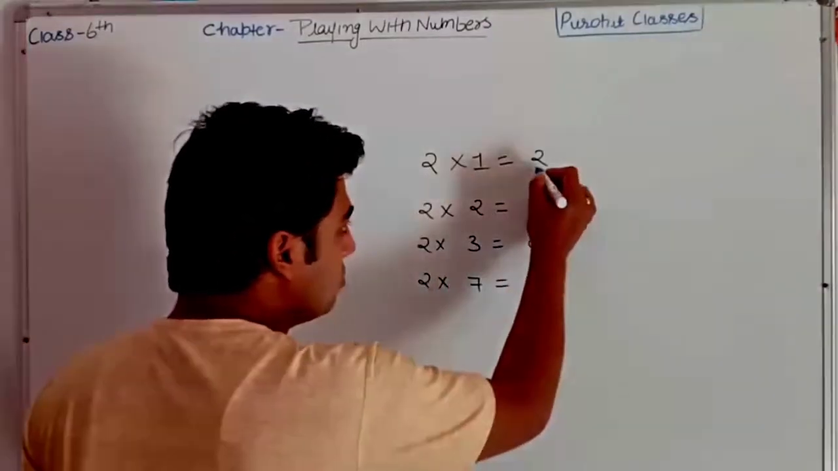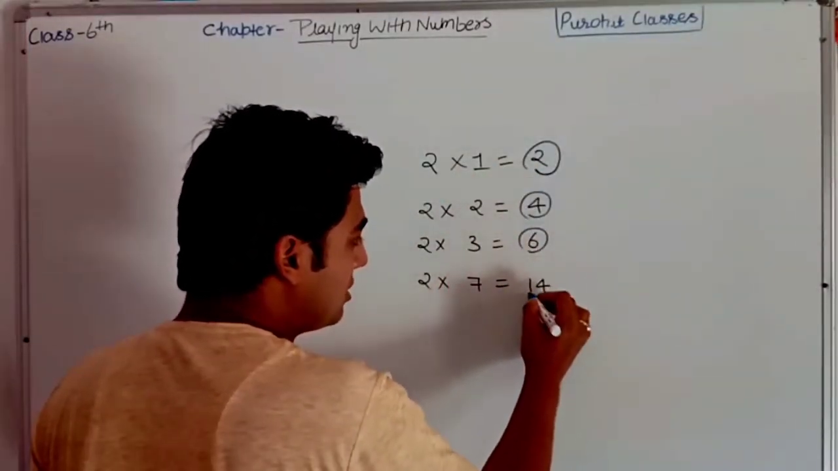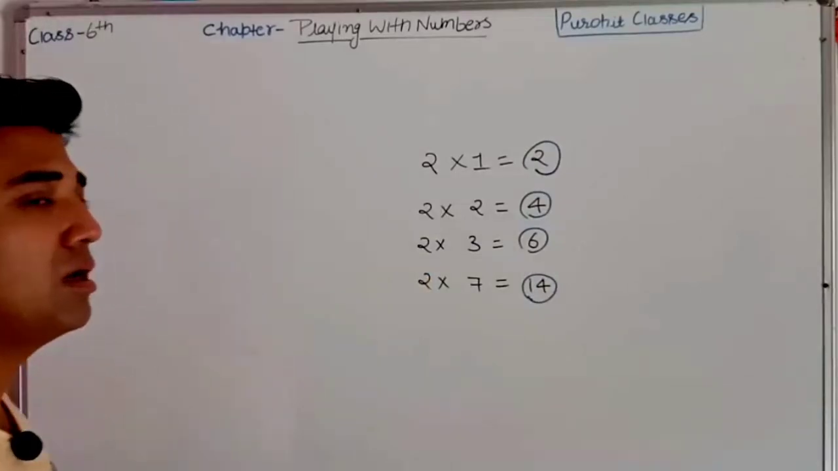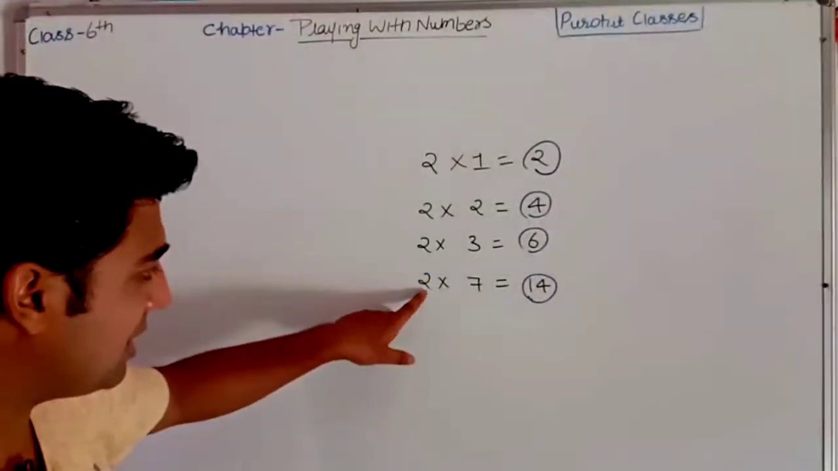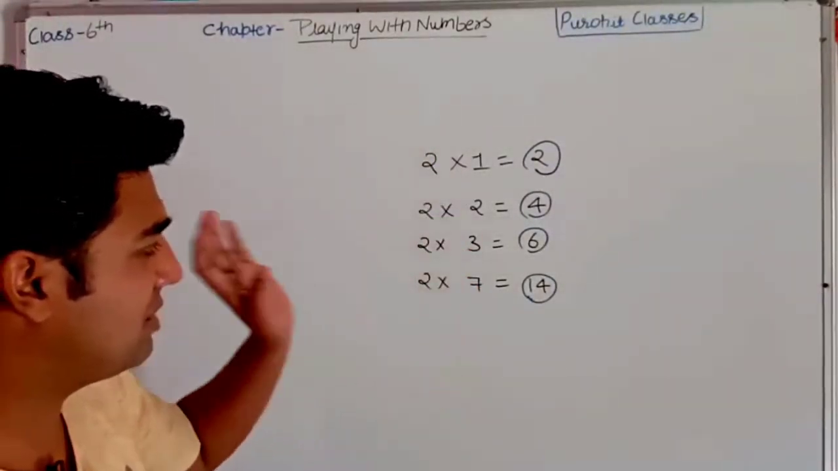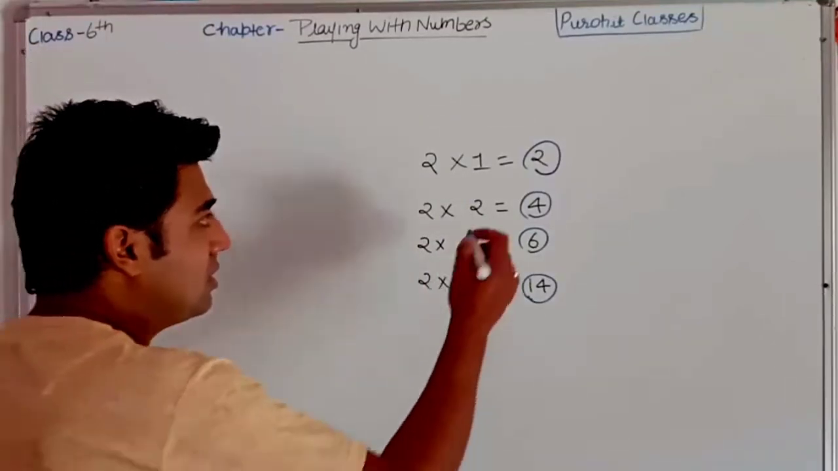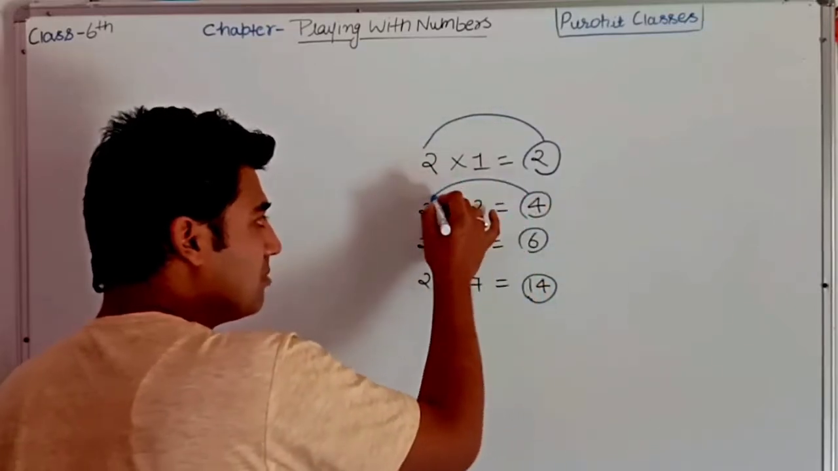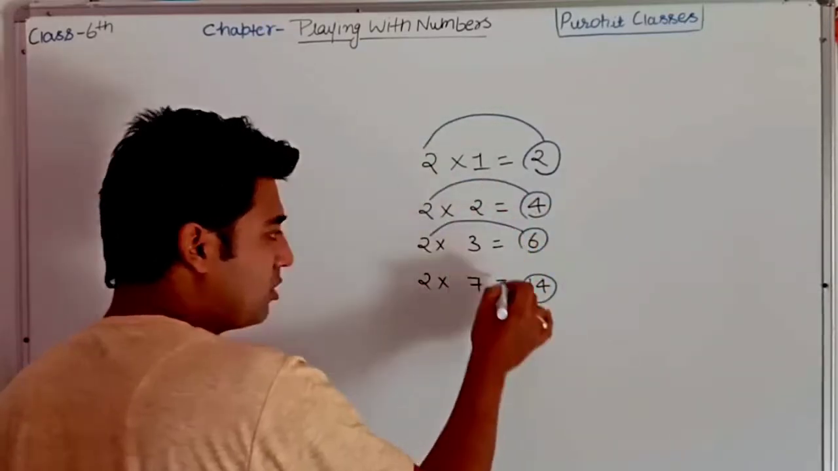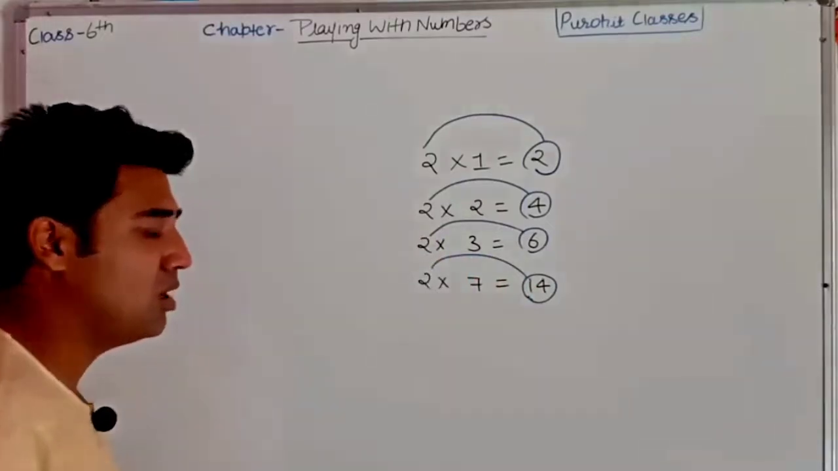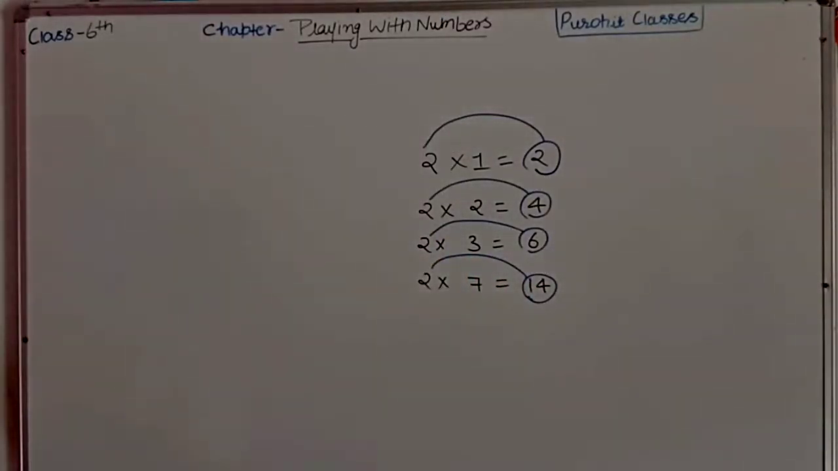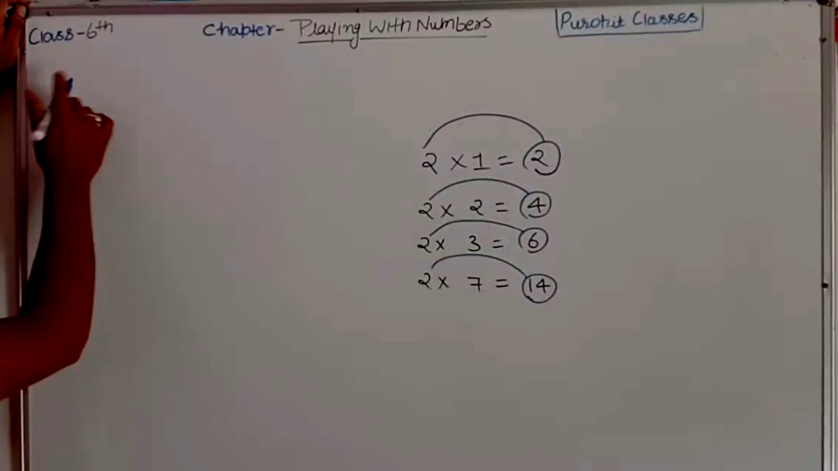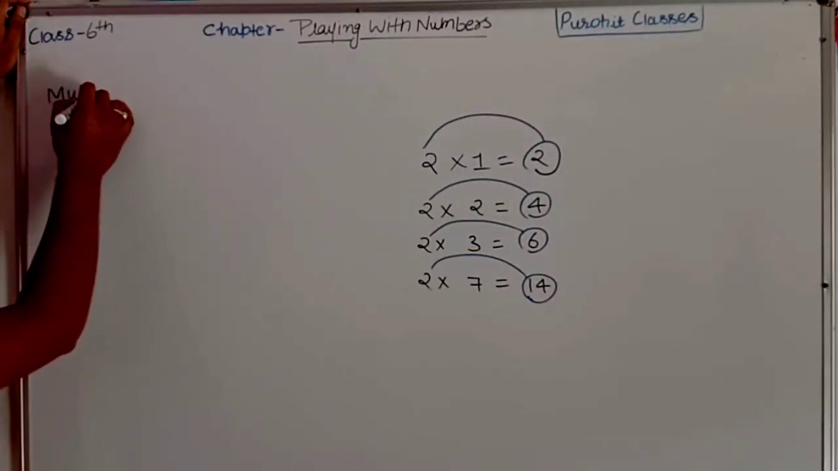Here this 2, this 4, this 6, this 14, all are obtained by multiplying 2 with different numbers. So we can say that this 2 is a multiple of 2, this 4 is a multiple of this 2, this 6 is also a multiple of 2, this 14 is also a multiple of 2. These all are called multiples of the given number. Understood? So simply, if we want to define, we can write for multiple: